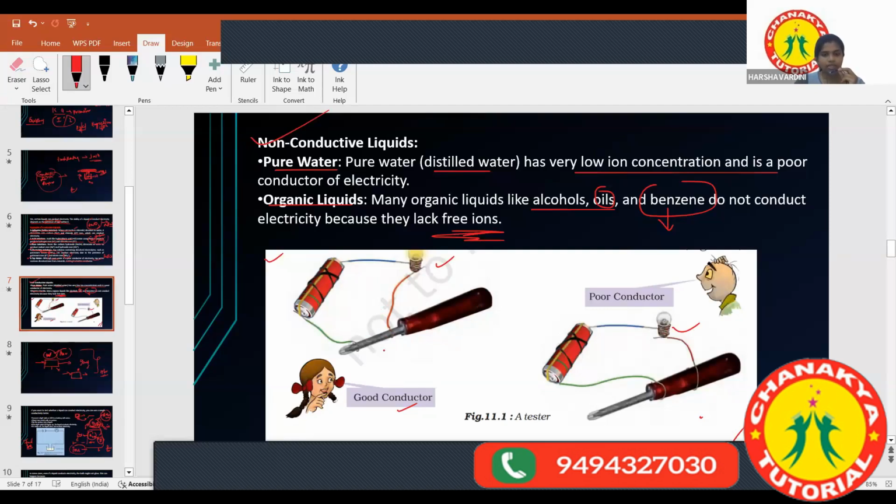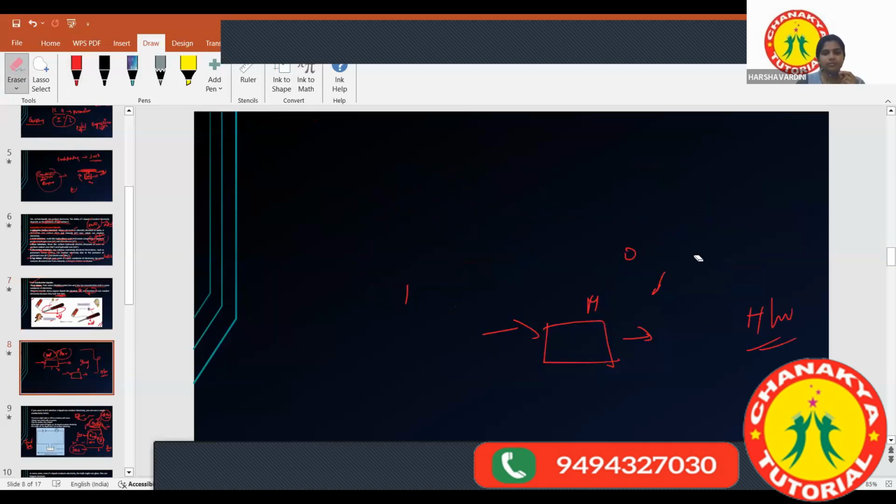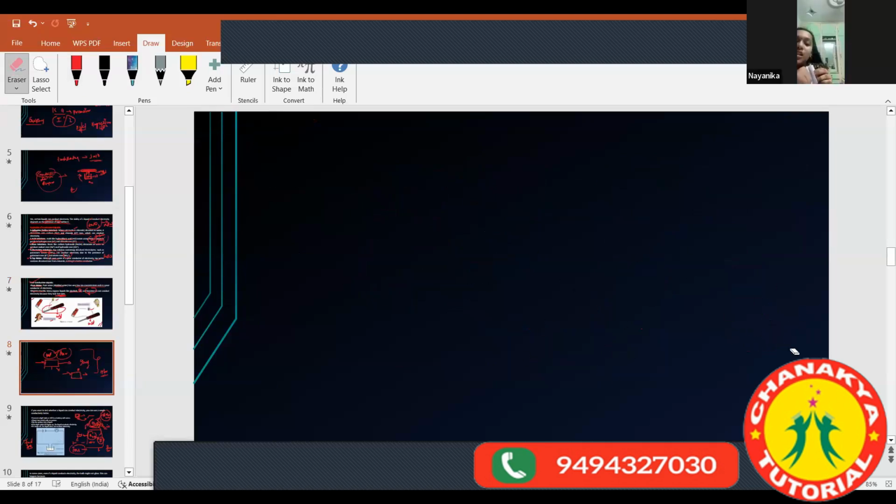Now my question is, if I replace this solid, if you all agree with me this is a solid, with, for example, a liquid. Any liquid, for example, tap water. If my case is going to turn into tap water, tell me how that will look first, and then what will be the result? Ma'am, the bulb will glow because there are free ions inside the tap water.